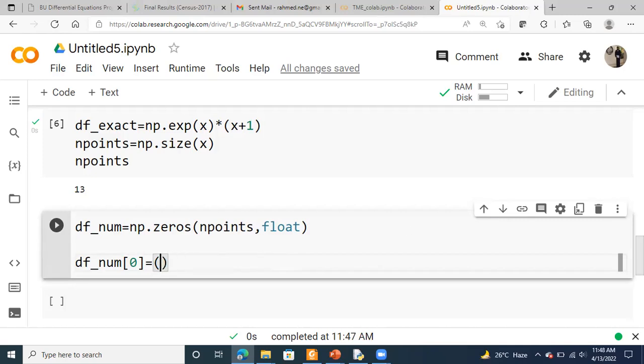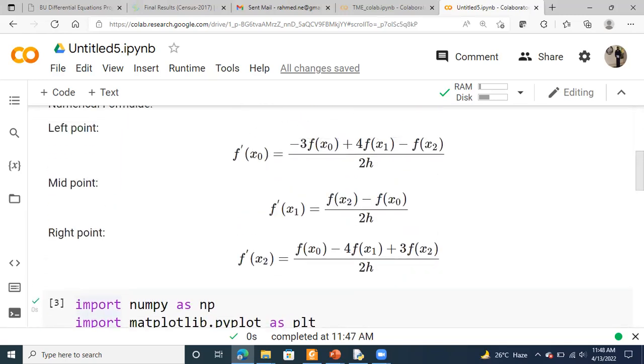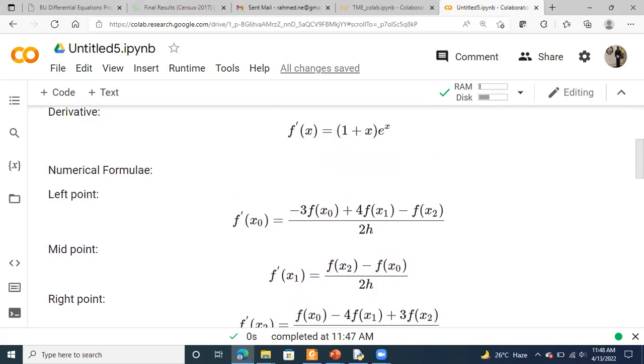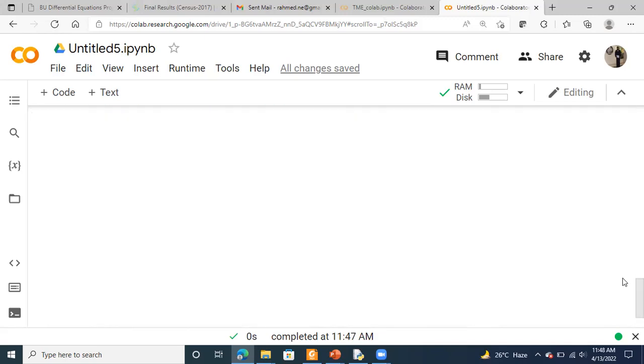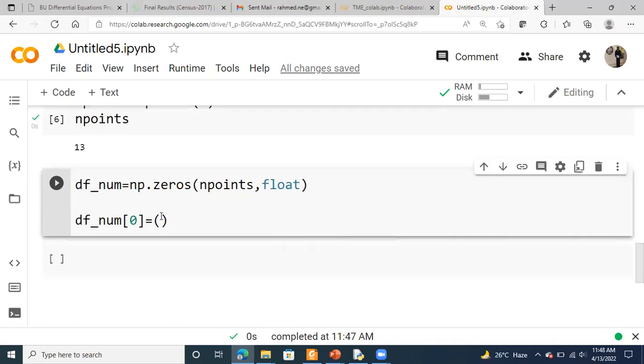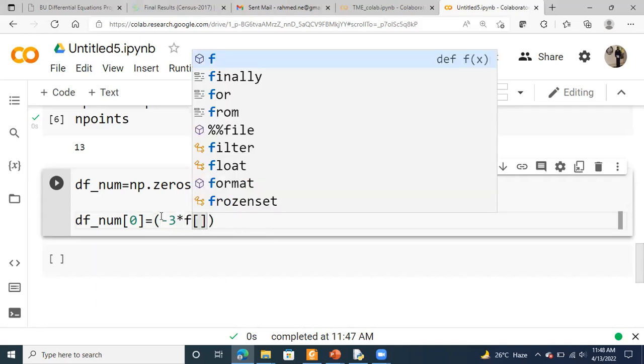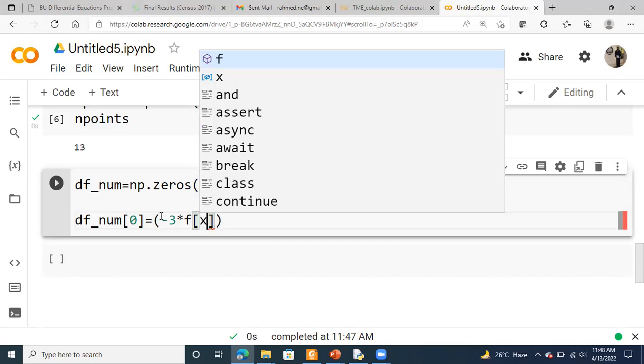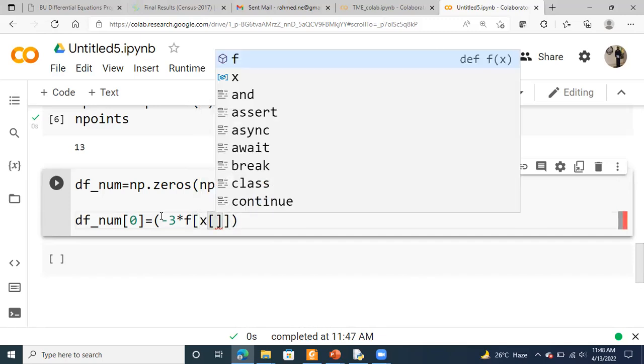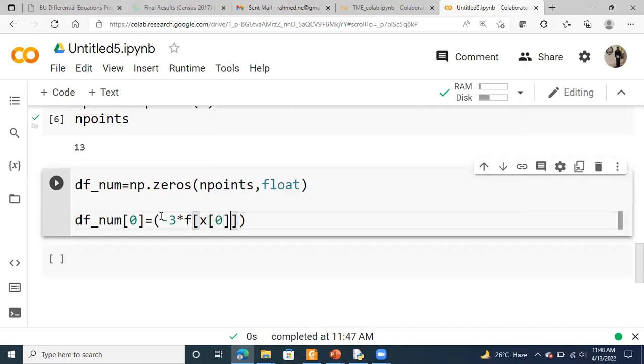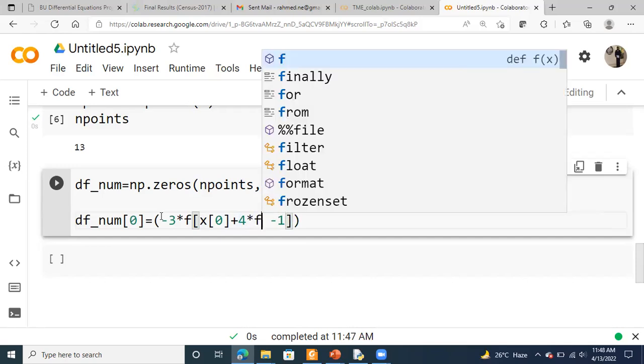So first I require the endpoint formula. The left point: 3 f of x naught plus 4, minus 3, 4, minus 1, and 4 times f of